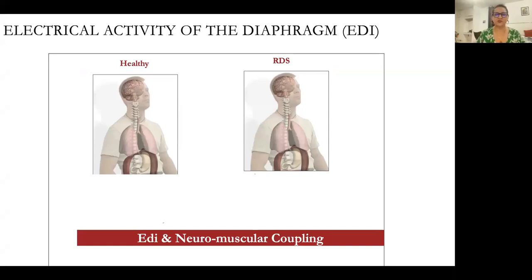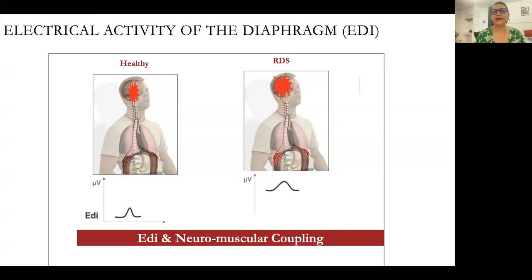Now, how does EDI work? The healthy brain will give a stimulus to the diaphragm to contract, and the breathing would start. So if a baby or person is healthy, it is going to give a little stimulus to say that, okay, a small contraction is required for the ventilation to occur. However, if the lungs have RDS, the brain knows that you require more contraction. So it is going to give more stimulus to the diaphragm, and there will be more electrical activity of the diaphragm to produce more